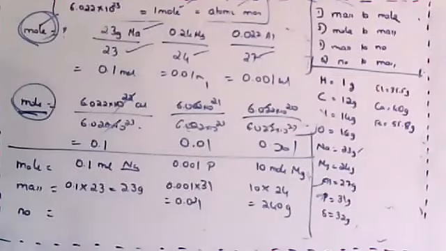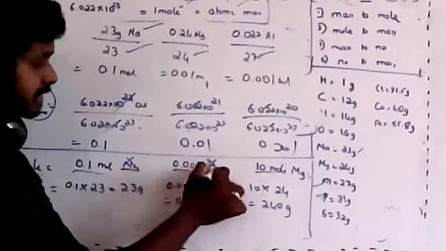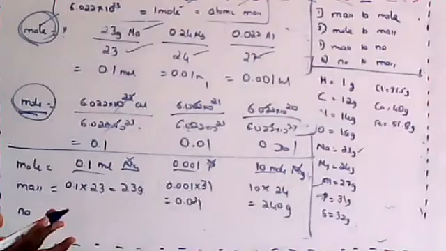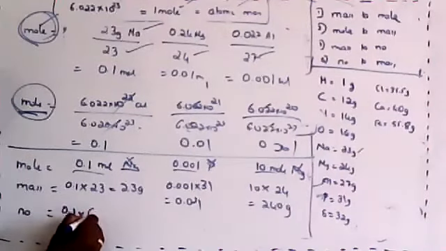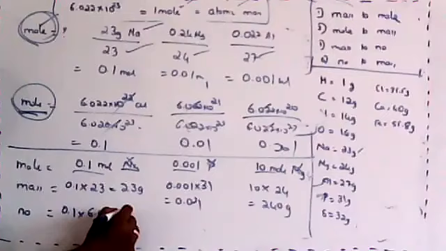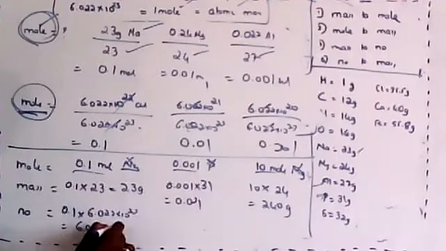Yes, Anirudh, right? Now students, number is asked for the given mole. What mole is given is not required now, because for all the moles the number will be the same. So take the 0.1 mole, multiply by that number, 10 to the power 23. It will become 6.022 into 10 to the power 22.